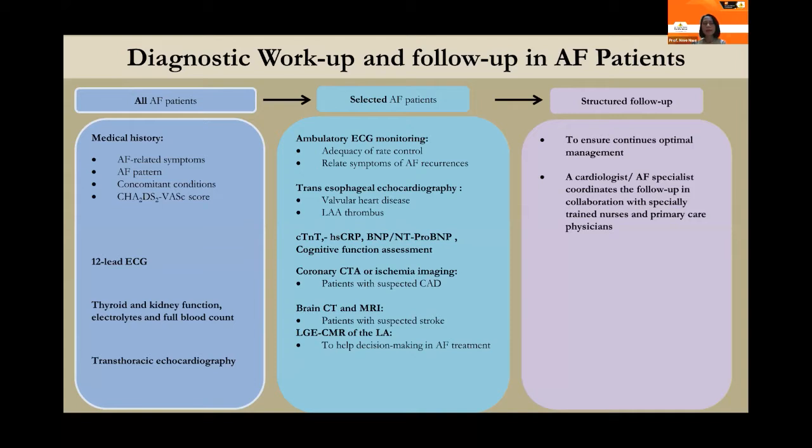Also the biochemical parameters like cardiac troponin, hsCRP, BNP, and NT-proBNP are useful, and cognitive function assessment is also needed in the patient with atrial fibrillation. For the assessment of coronary artery disease, CT coronary angiogram and ischemic imaging are very useful. CT and MRI are used for the detection of stroke, and cardiac MRI for early assessment. After the assessment, structured follow-up is very important, because structured follow-up is to make sure of optimal management and adherence to it by the patient. Coordination between the cardiologist, physician, and primary care physicians is very important